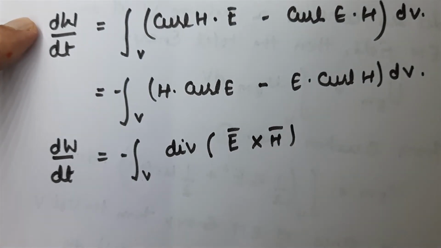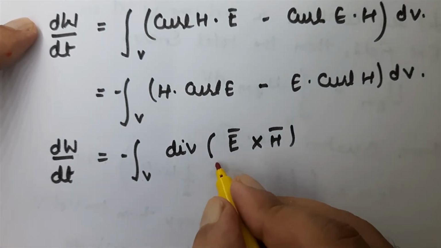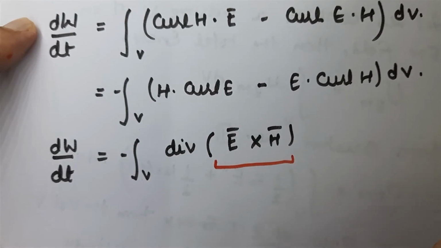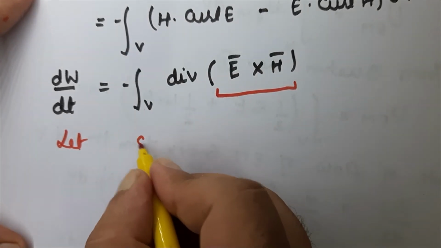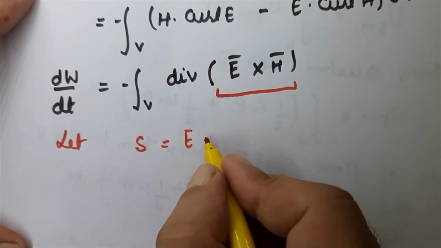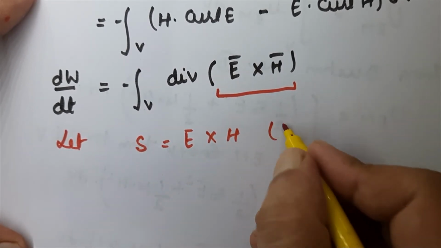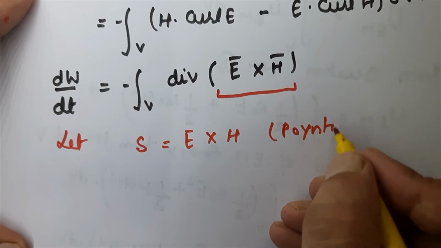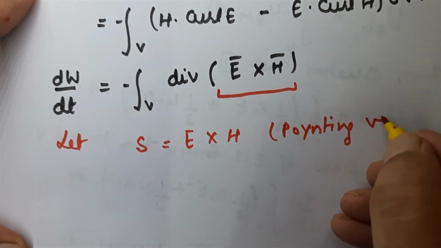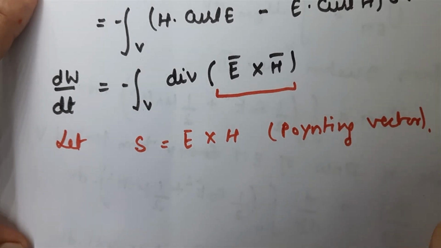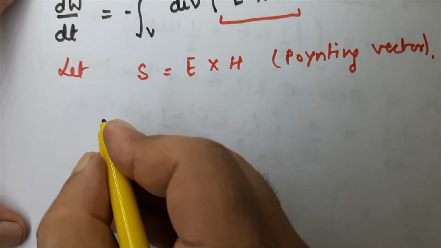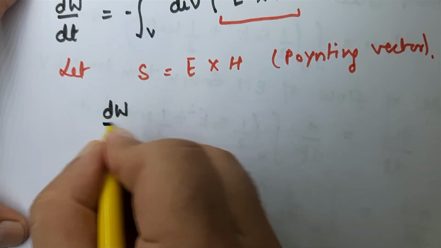In this equation, the term E cross H we denote with S, and this S is nothing but your Poynting vector. So according to this change, the equation can now be written as